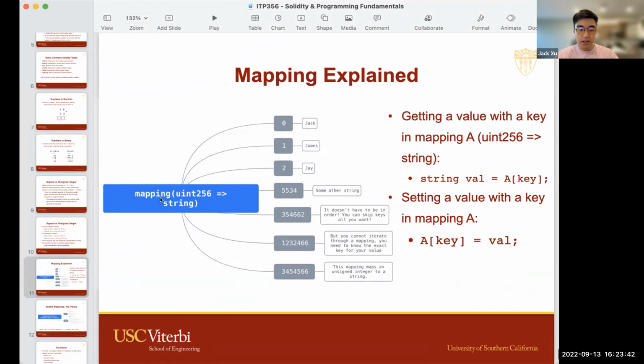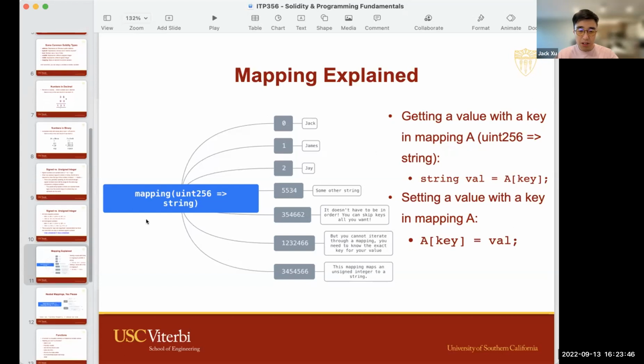And so we're actually going to spend quite a bit of time trying to understand mappings. So please, right now, do you have any questions? Do you want me to repeat any parts? Because mapping is incredibly important in Solidity, and it's also one of the things that's the most difficult to get. So make sure you really know this.